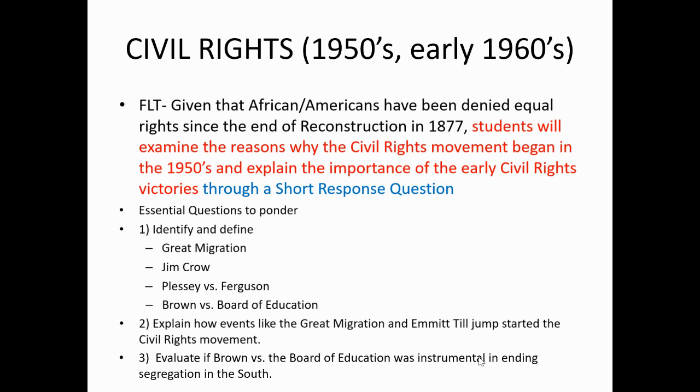So today, what we're looking for on our FLT is, given that African Americans have been denied equal rights since the end of Reconstruction shortly after the Civil War, when the federal government left the South, leaving blacks to live under the rule of racist state governments in the South, students are going to examine the reasons why the civil rights movement began in the 1950s. Why did it take 80 years for some kind of movement to begin to give blacks the rights that they earned during Reconstruction? And you'll explain the importance of the early civil rights victories, demonstrated through a short response question,